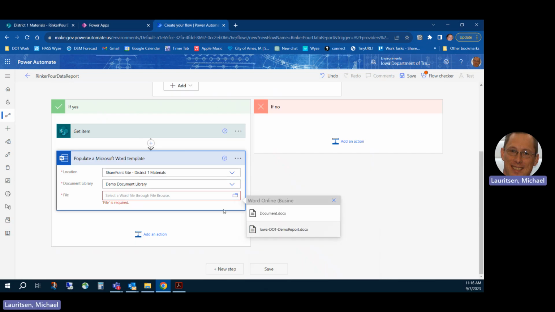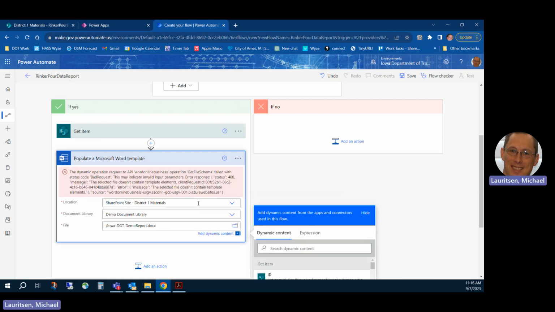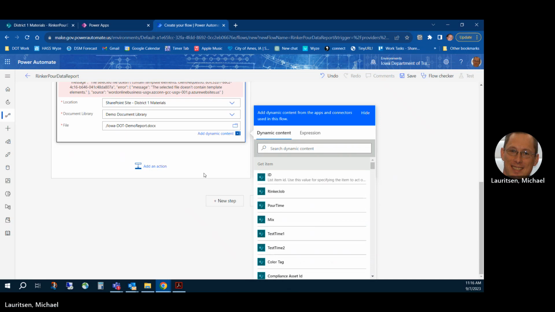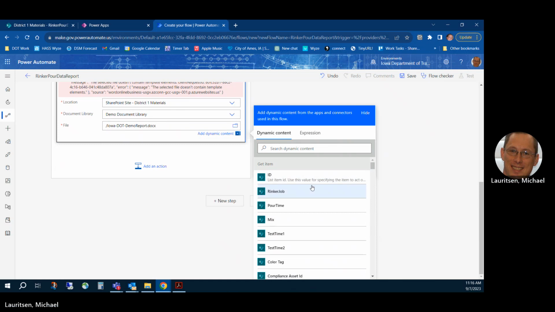Now this is pointing directly to this file. This is my demo report file. Now, because I don't have the Word file set up correctly for what I'm doing here, it's saying this doesn't make any sense. If I had that set up, it would list all those fields down here, and then I could just